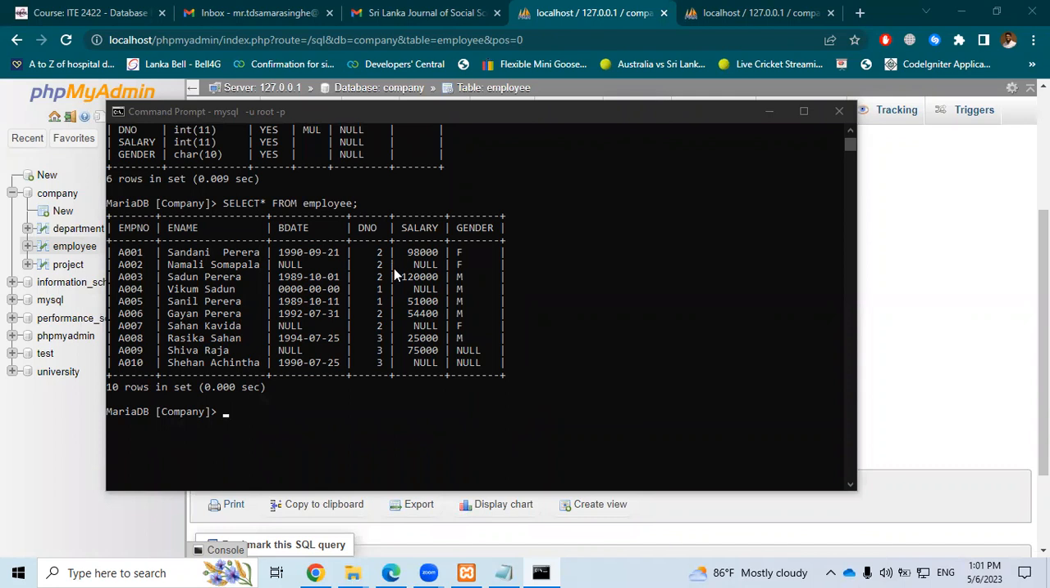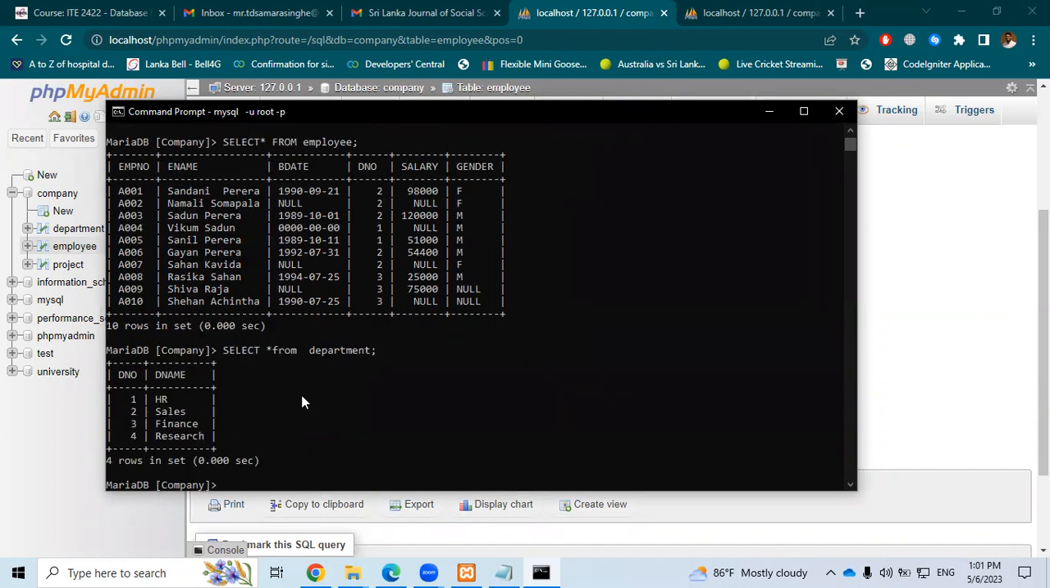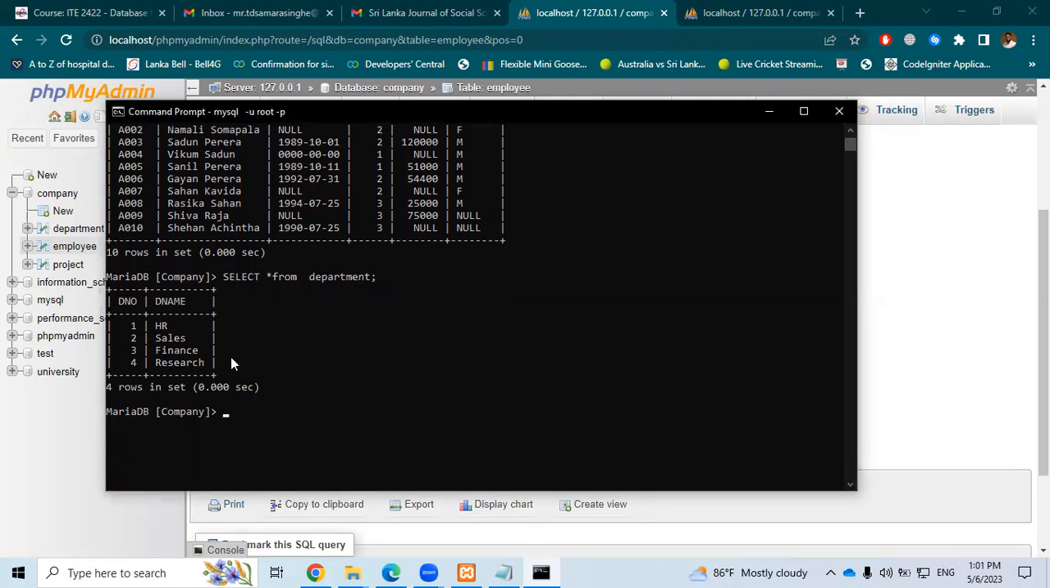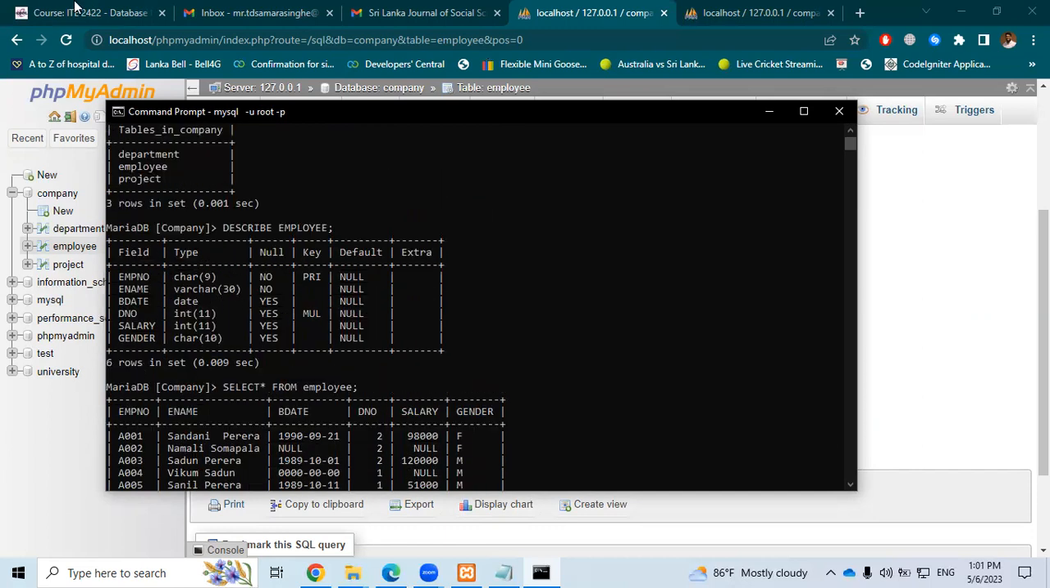Okay, so now you can see here, I have created this table, and let's select the other table as well and see whether the other table has it. Why is this not working? Okay, select star from department. Now the department table also has that. Good. So I have put referential integrity, and what I have done is I have put